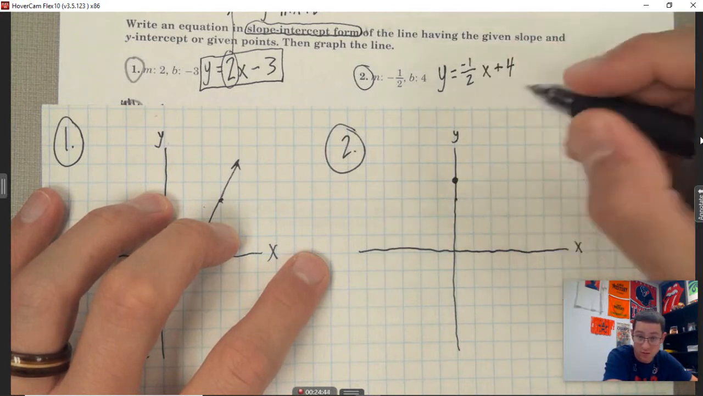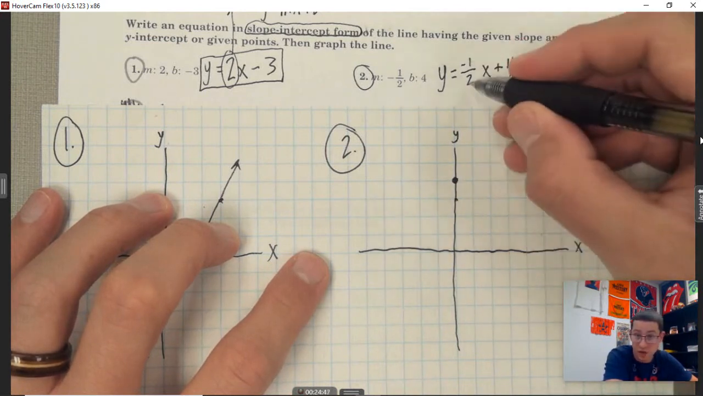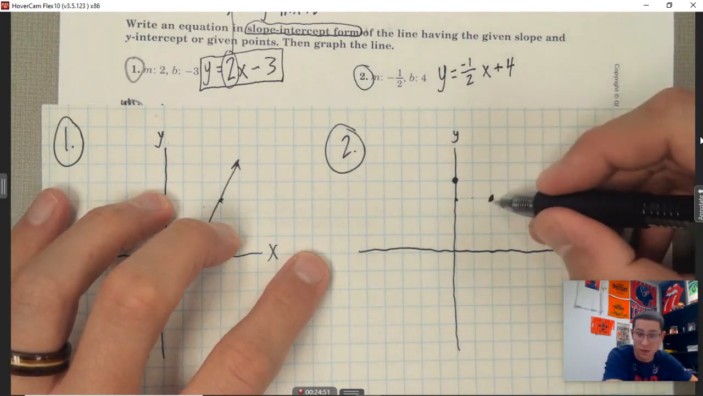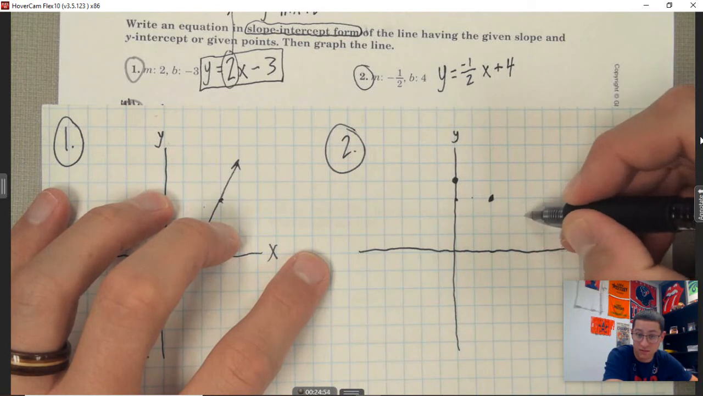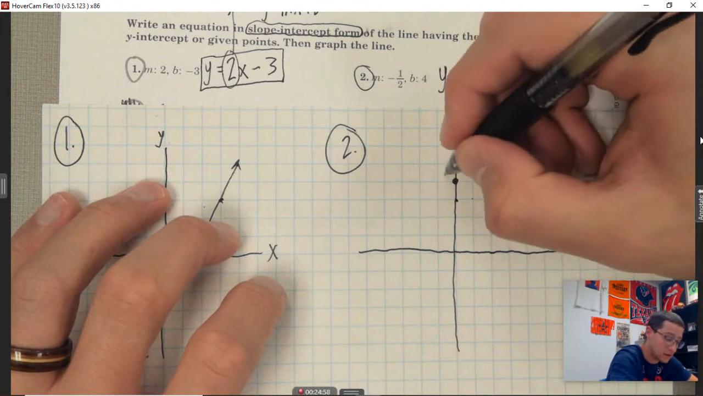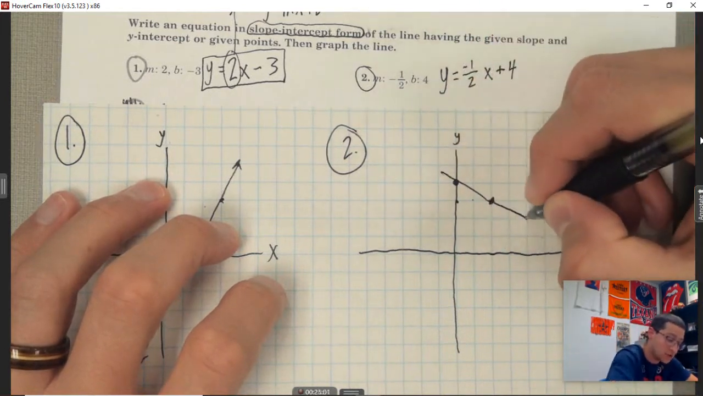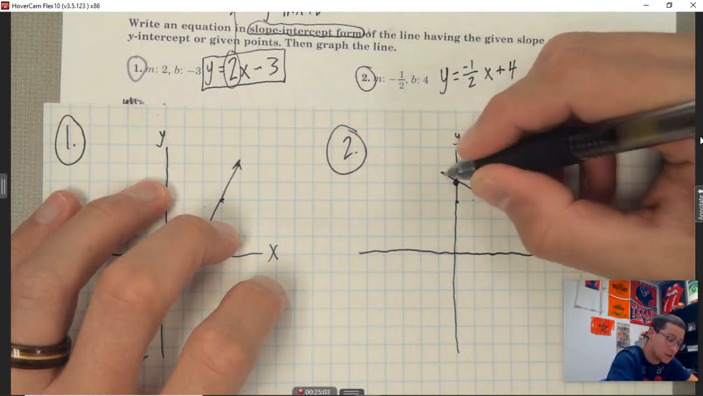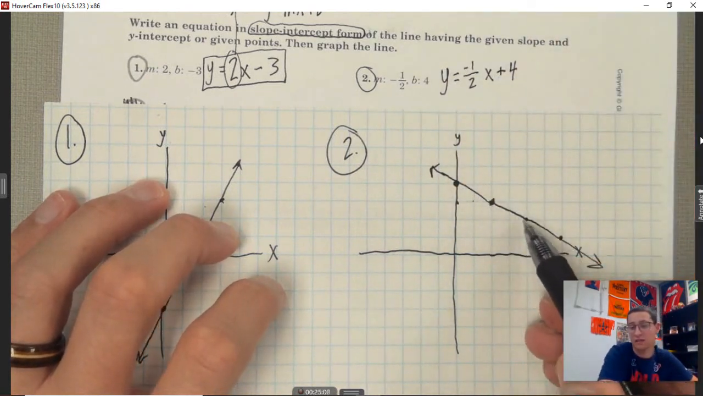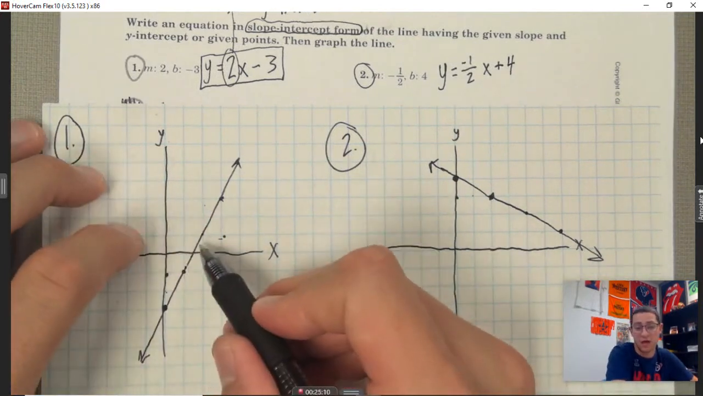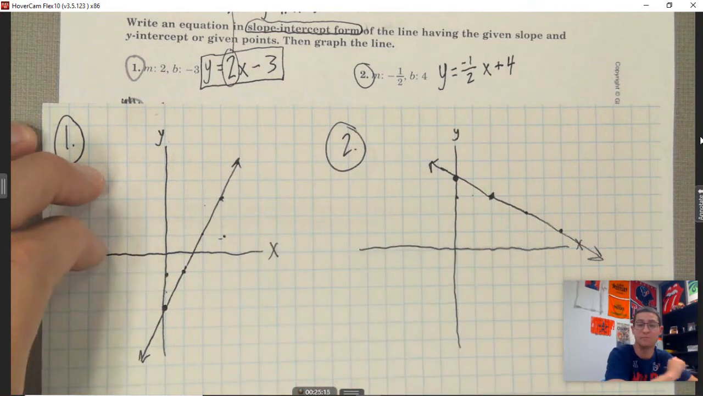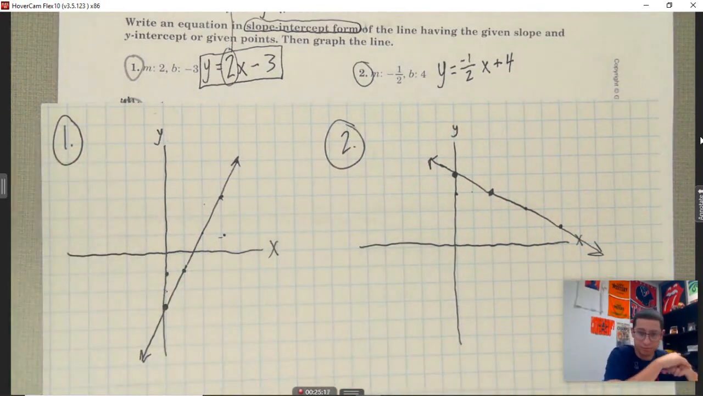You've taken care of your rise. And then you run positive 2, down 1, that's the negative part, positive 2. Down 1, negative, positive 2. And you can see that your function is decreasing as x increases. What I mean by that is, as I go to the right, notice my y is going down. And over here, notice as my x increases, as I go to the right, my y is going up. So there we go. Those are our two